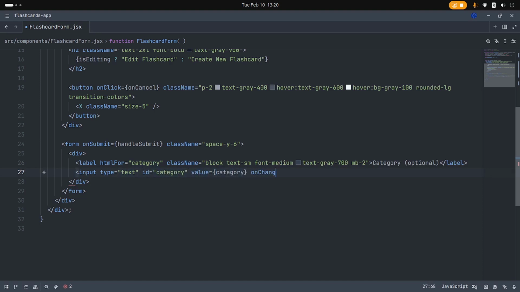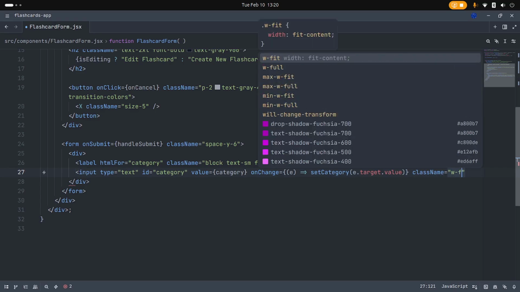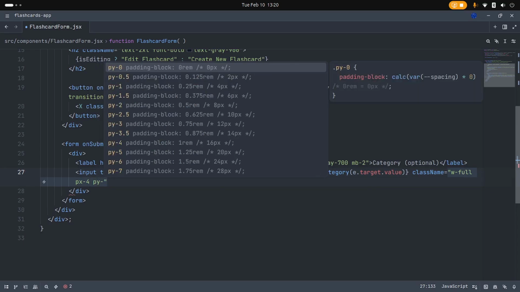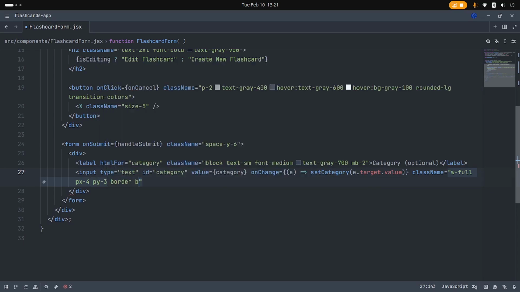And then the onChange for this, we're going to call in our event of E, and we're going to say set category into e.target.value so that we can capture anyone to type in. And then the class name is going to say w-full, px-4, py-3, and then border